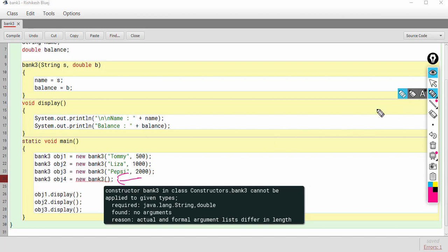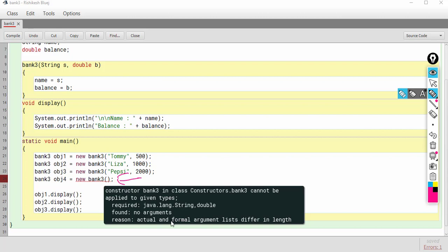Because the constructor requires a string and double value, but found no arguments. Required was a string and a double, but the compiler didn't find any arguments.